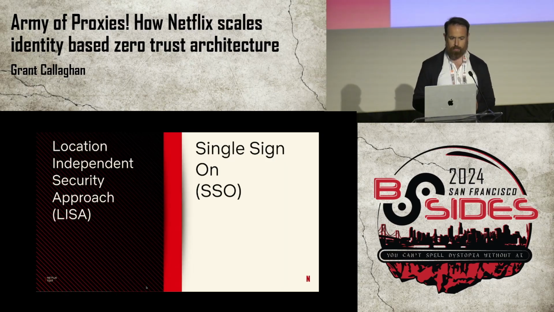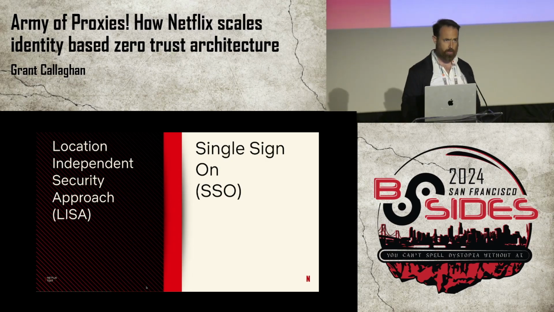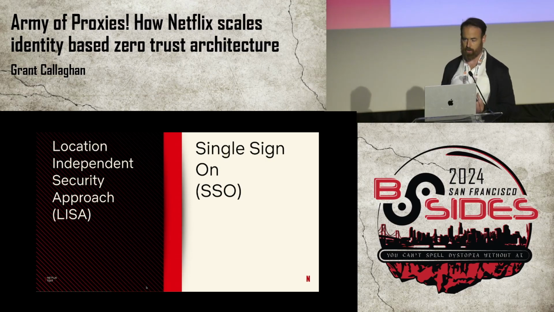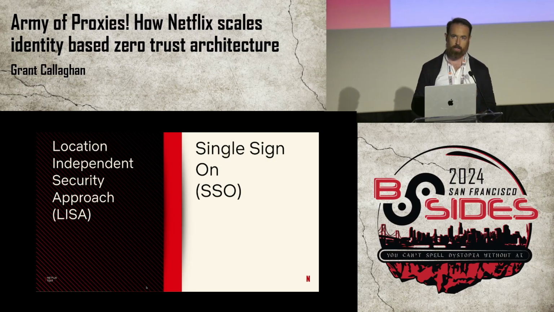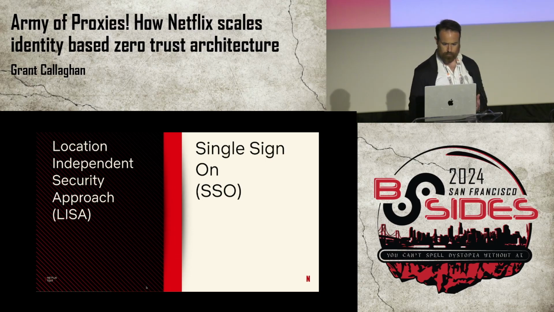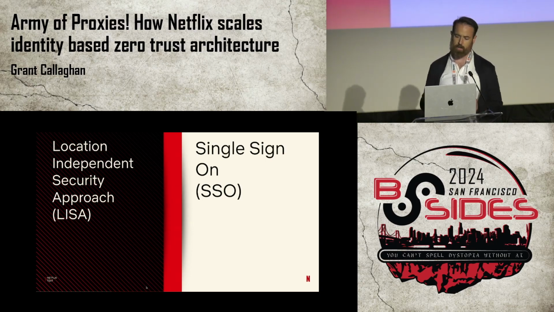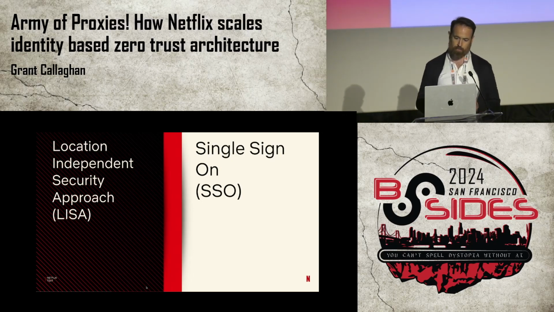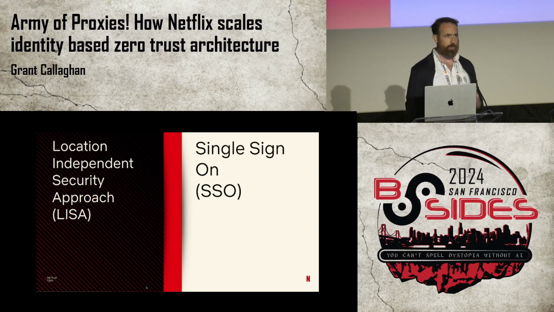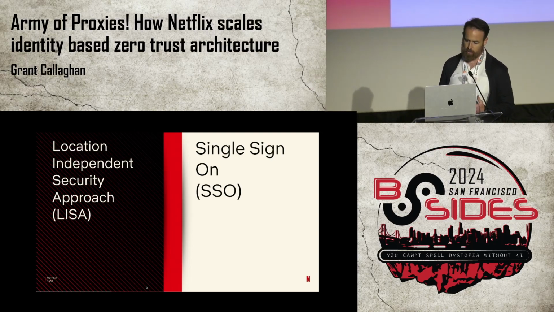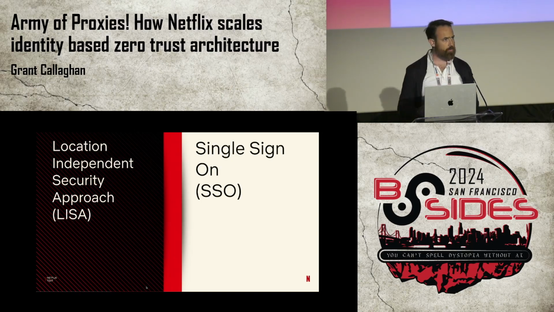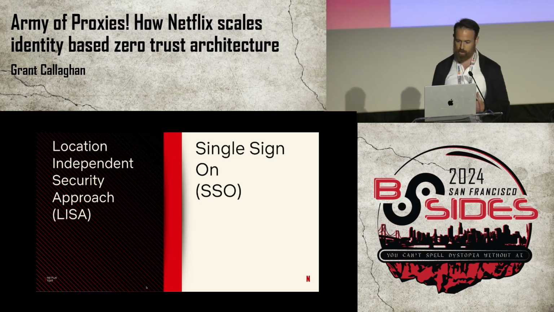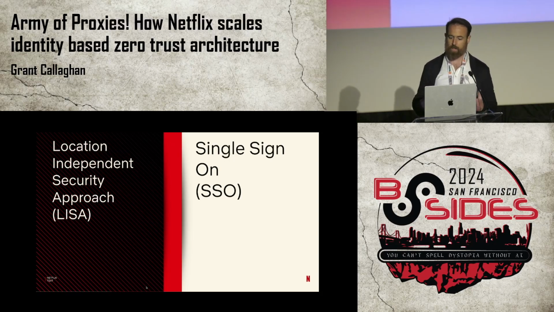So it started at Netflix kind of with a program way before my time called LISA, the Location Independent Security Approach. And that's where we really began using identity as the perimeter. This approach leaned heavily on VPN and SSO for a strong network boundary. And this ensured strong authentication for everyone entering the private corporate network. But once you got past that moat, it was pretty wide open, and the permissions were fairly lax. You could get what you needed to get your job done.